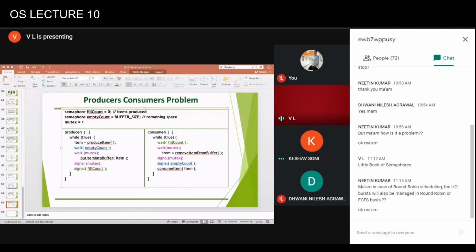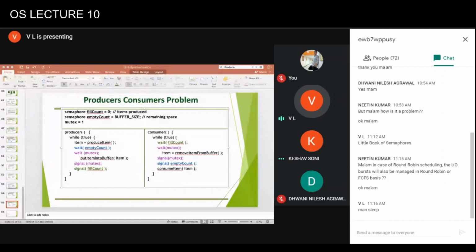But why I said C was because this is the implementation of system calls. Of course, you can do it in Python also, but they are slightly different. The nomenclature is slightly different, and so you have to actually search for that. Otherwise, when you go for C for Linux, then you search for man. Let's say if you search for the manual of sleep, generally C would have the same implementation. The name would be the same in the C library. It can slightly change for Python and all that.